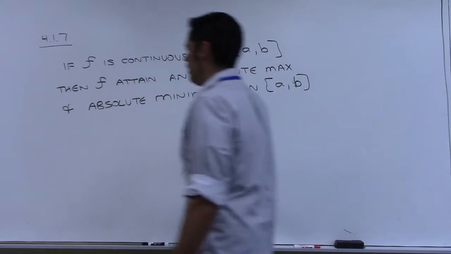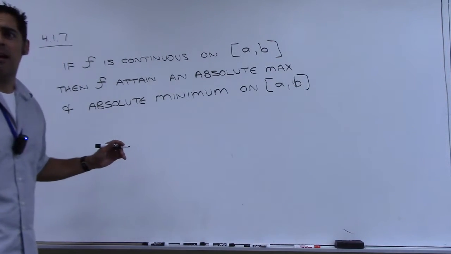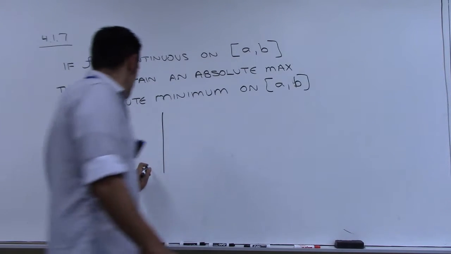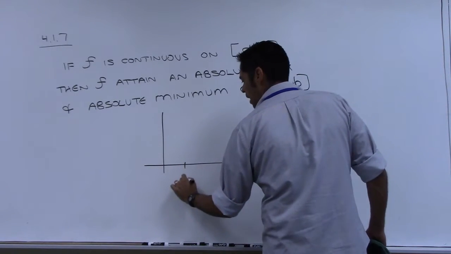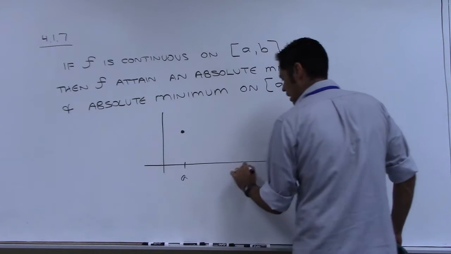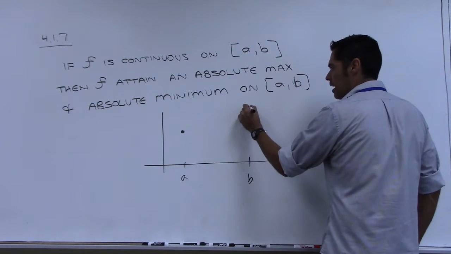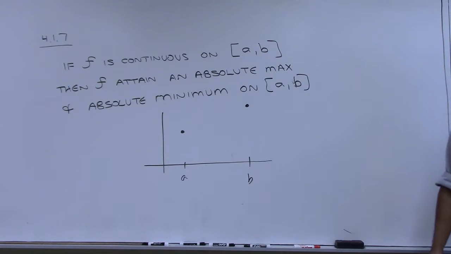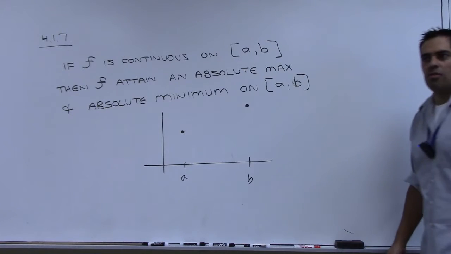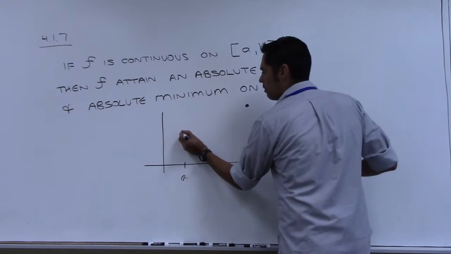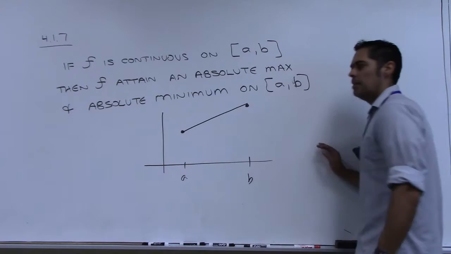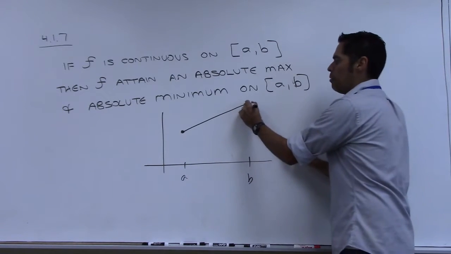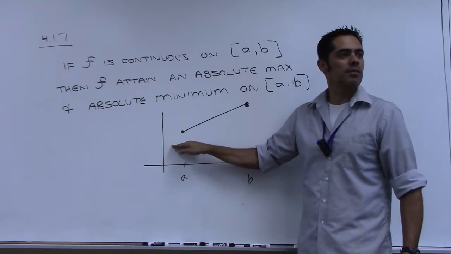And I think you can convince yourself of this by just trying to make it not happen. Okay, so let's say I have some point A and some point B, because my function is defined on the entire thing. Try and connect those two together with a nice, smooth, continuous function and not have a highest and lowest point. I mean, there's just no way to do it. So if you try and be clever and do a straight line, then the endpoints, right? This endpoint would be your highest and that endpoint would be your lowest.